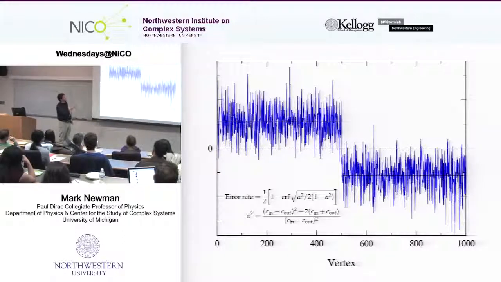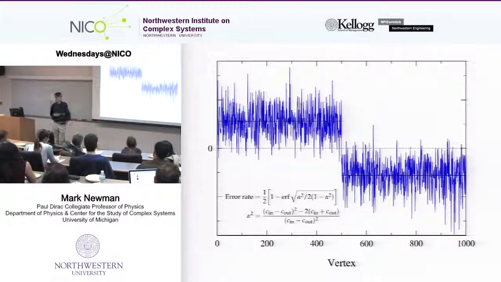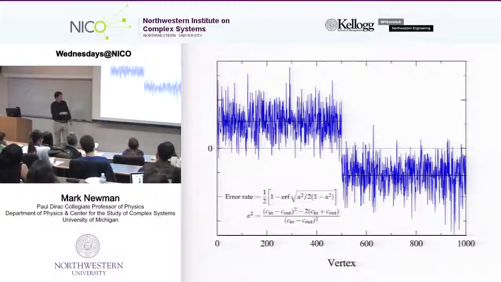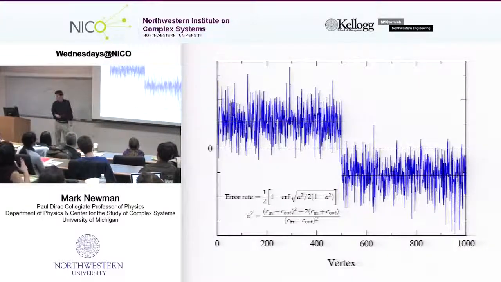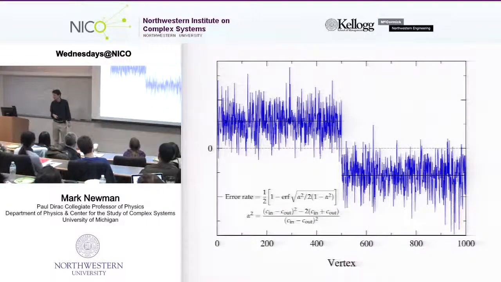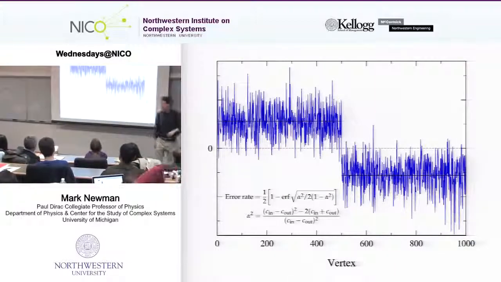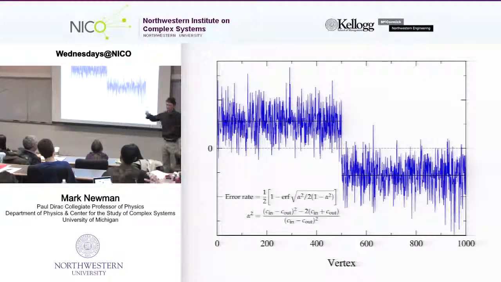Because it turns out that I can calculate the mean and variance of the elements here exactly, and I can also show that they're Gaussian distributed in the limit of large system size. Once I know those things, I can tell you exactly what fraction are going to cross the line on average. It's just a simple expression in terms of the Gaussian error function. So I can tell you the expected error that this algorithm is going to make. And it turns out that that error goes to 100%. It gets everything wrong